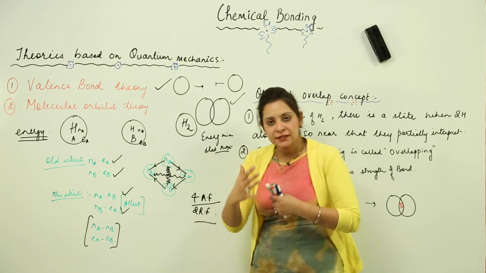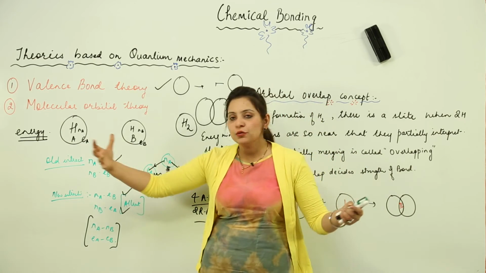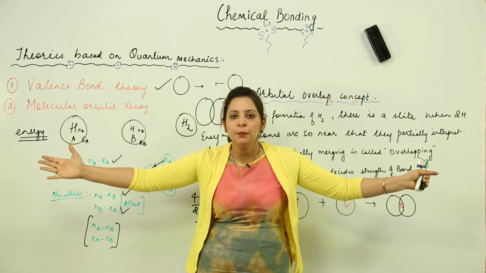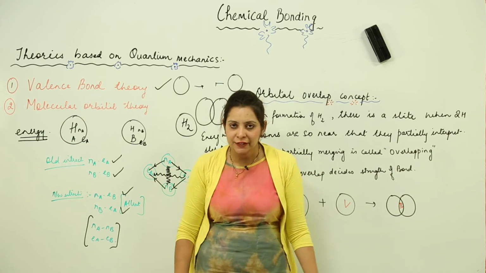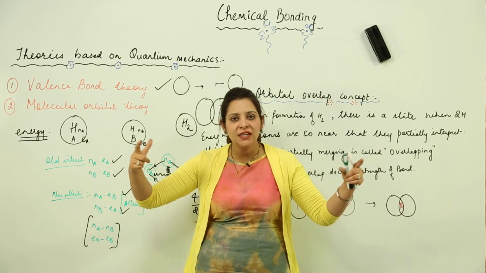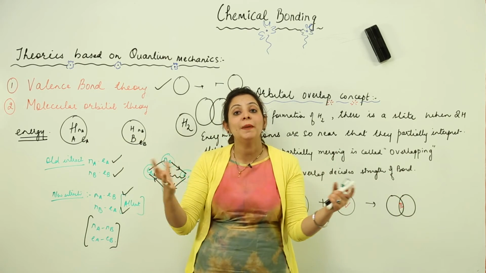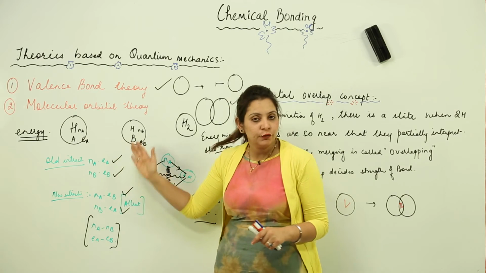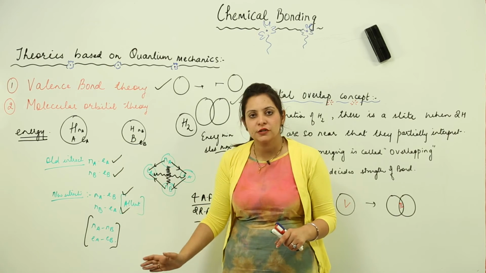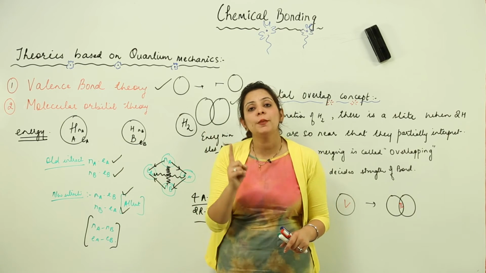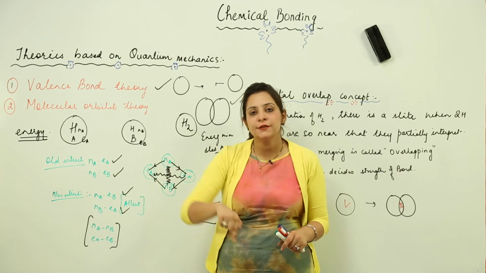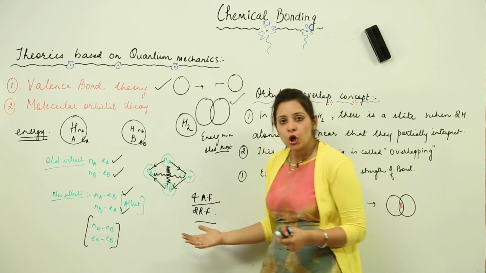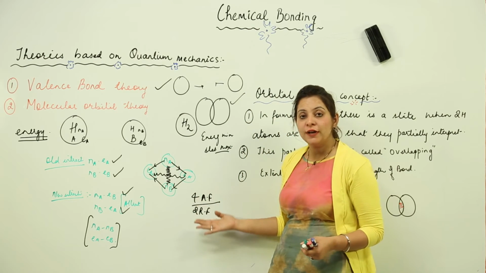That means I will just sum up again. Suppose we have two combining atomic orbitals, they are far apart, one is here, one is here. So what is going to happen? There is no interaction, but when they start approaching each other, they tend to attract or repel each other. So we have seen that there are a few attractive forces and a few repulsive forces. The condition necessary for the atomic orbitals to combine is that the attractive forces should be more and repulsive should be less. So this is what we saw, that here the attractive forces are more and repulsive are less.